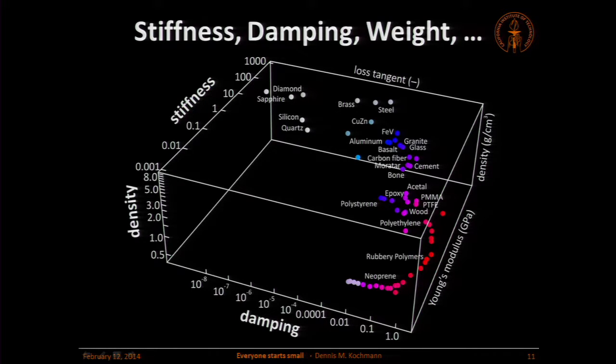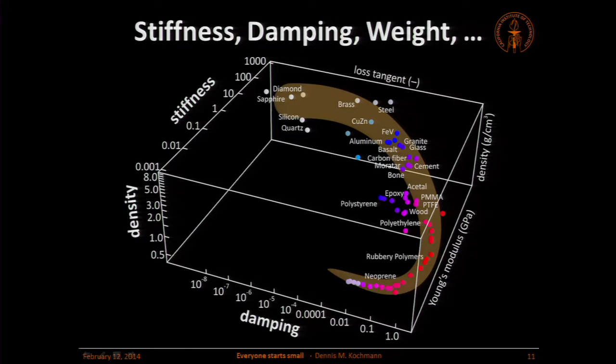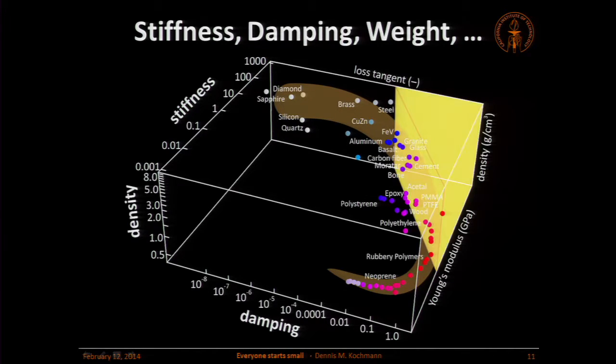And we see metals, diamonds all up here, polymers, rubbers down here, and we start to see a common trend, and that is: the stiffer a material is, the more we want to go to the back, the less damping it has, and also the heavier it is. This seems to be a common trend. And especially, there's nothing in this corner. If you want something that has high stiffness here in the back and high damping down here, there really isn't much. These two seem to be exclusive.